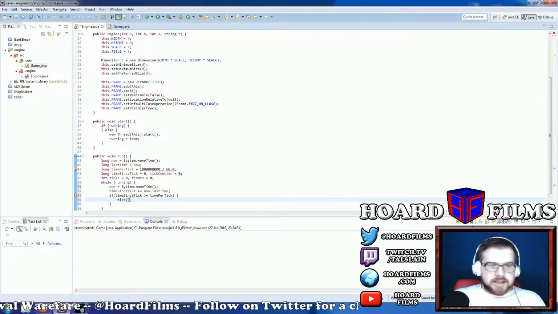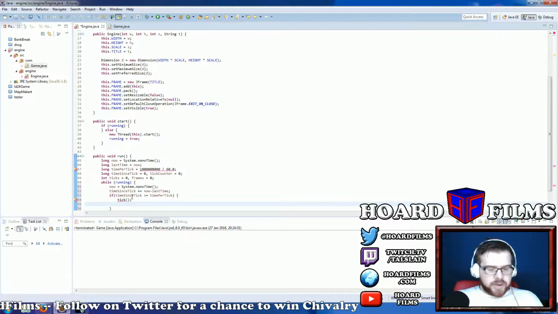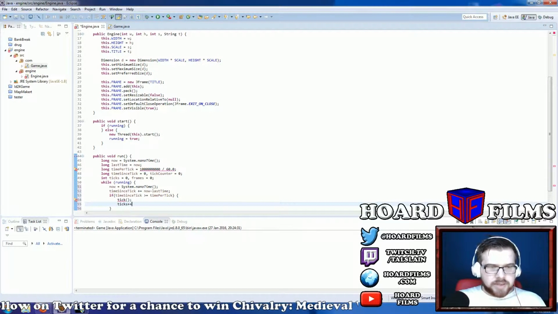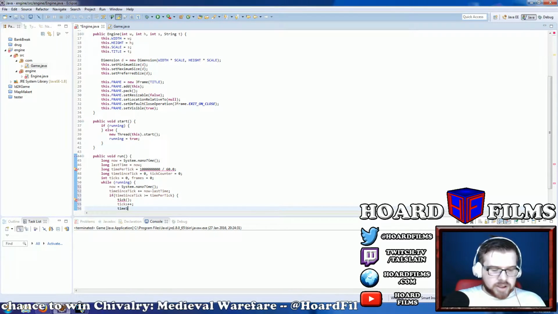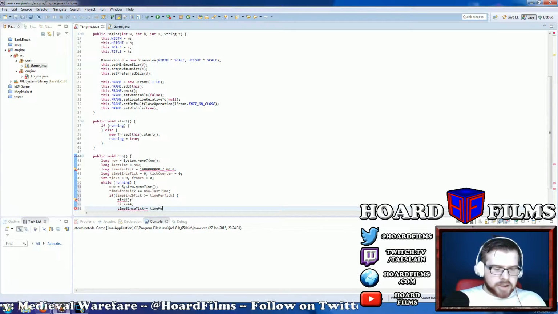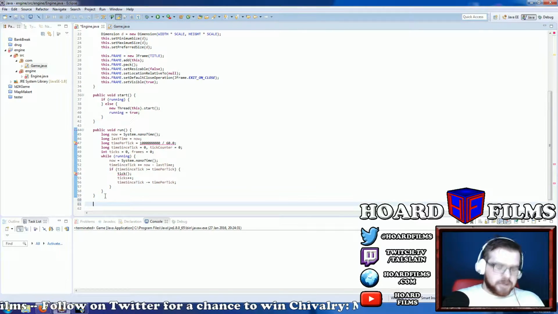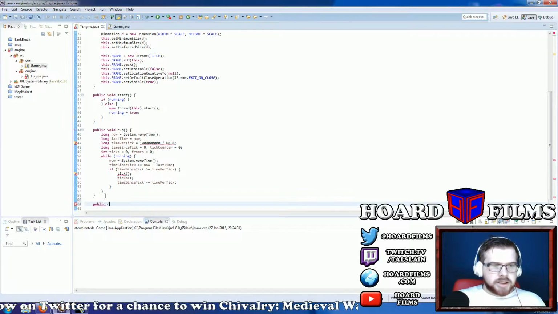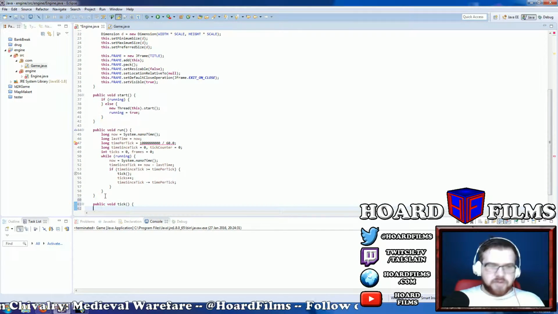Now what we're going to do is tell it to tick. And then once it's ticking, we're then going to do ticks plus plus, which just increases ticks by 1. And then we're going to do that timeSinceTick minus equals timePerTick. Now, I've played around with setting it back to 0, and I think it all depends how it runs, because the problem with this is if there's something wrong with